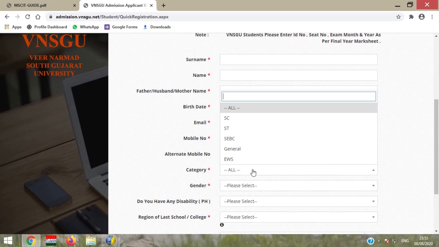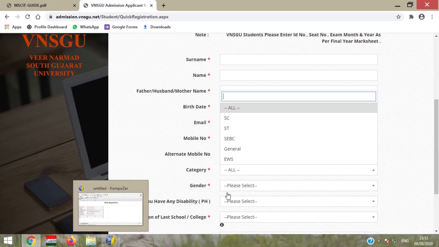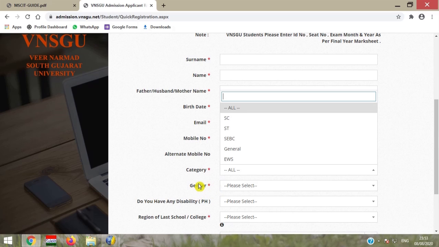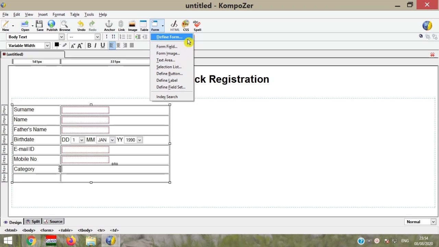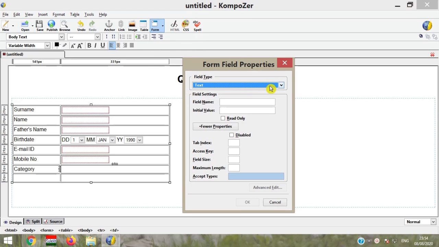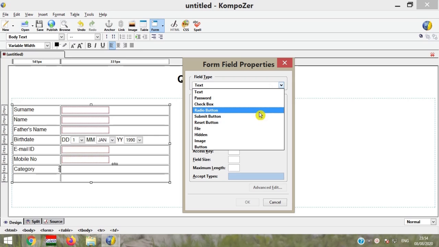So here we can create a pull down menu or radio button also. So let's create for the category and gender, we create here radio button instead of pull down menu. So for that, category, so for the category, use a form field, then select from the form field radio button,